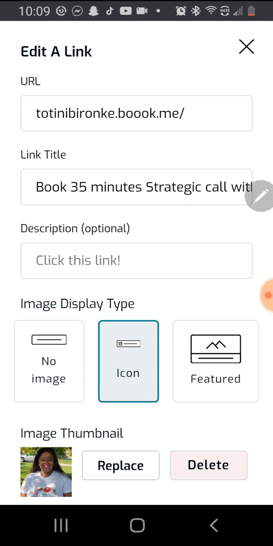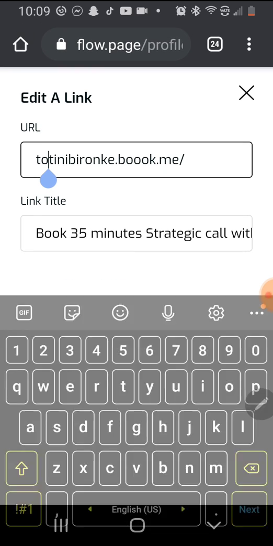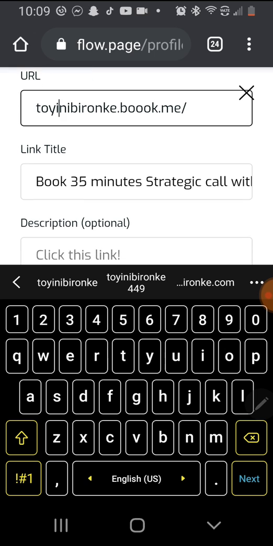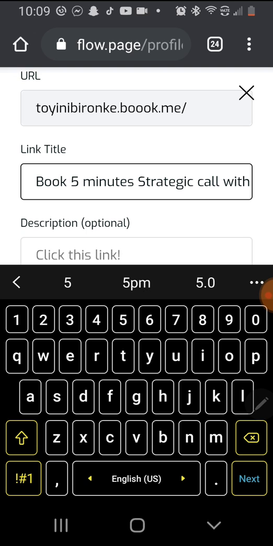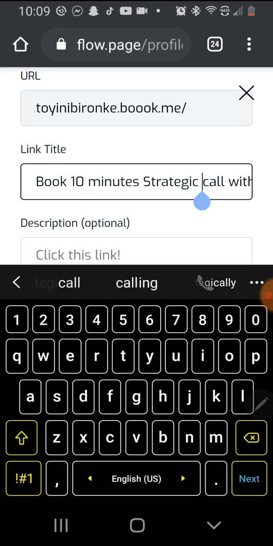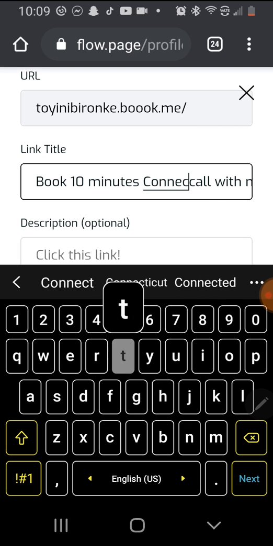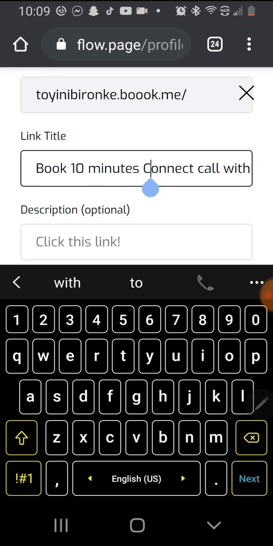So also, this is my strategy call. I'm looking at here, this is my Book Me calendar, but I think there's a mistake here, so let me go back. It's showing now. Okay, good. So I have my Book Me calendar, I have my strategy call, but I just want to call it 10 minutes connect call. So whatever you want to call people, connect call. Okay,